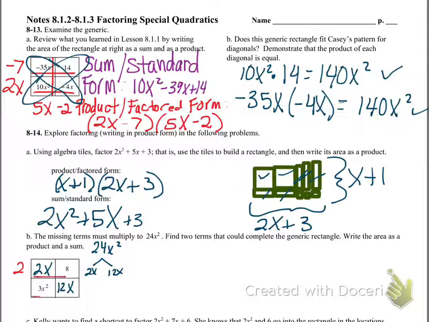And then the GCF of 3x squared and 12x, we got a 3, and we can take an x out. And here's our x, and then we would have our 4 right here. Love it. So our product of this generic rectangle would be